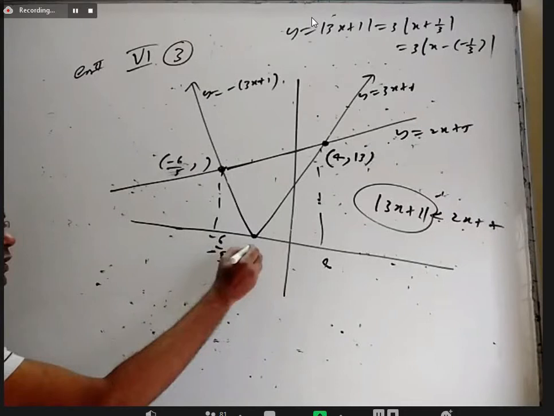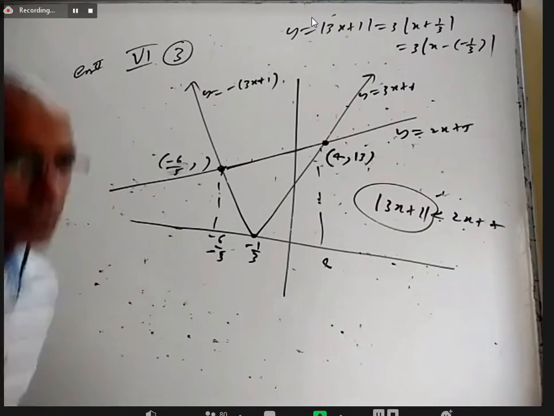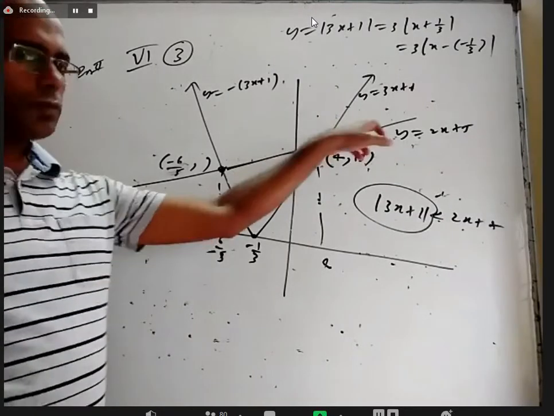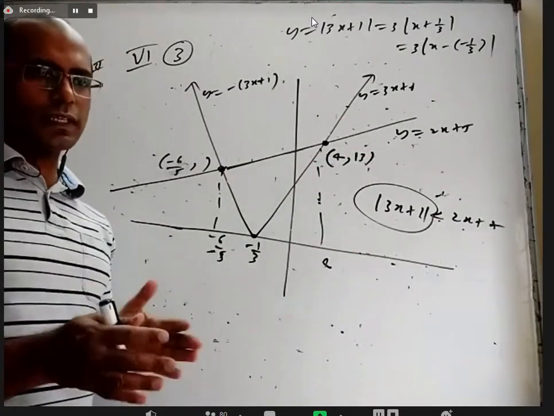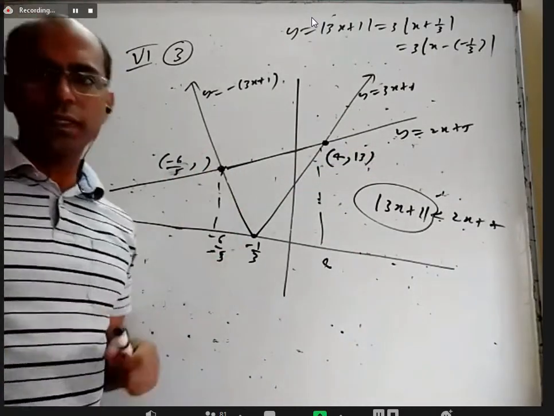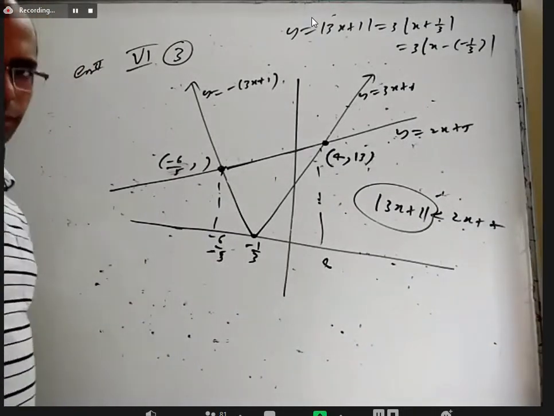Okay. You have not understood the graph or how to conclude the result from the graph? So the final thing, the result. One graph is a V shape and one graph is this line. We are asking when the V shape is less than the line. In which region? What x values?